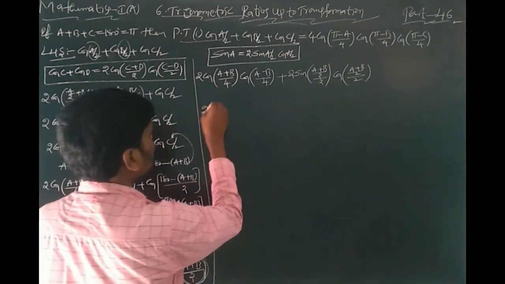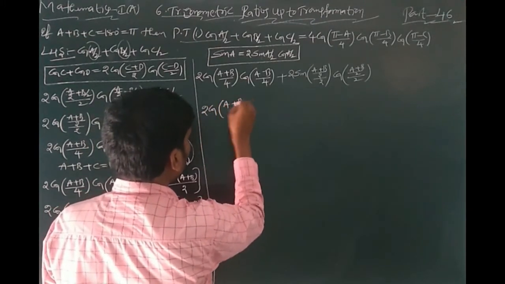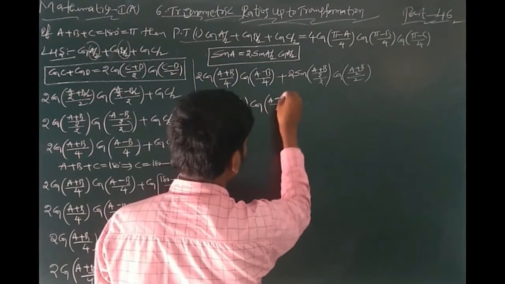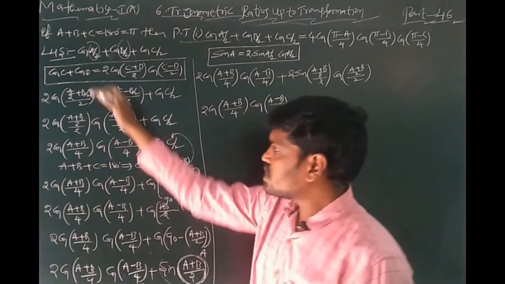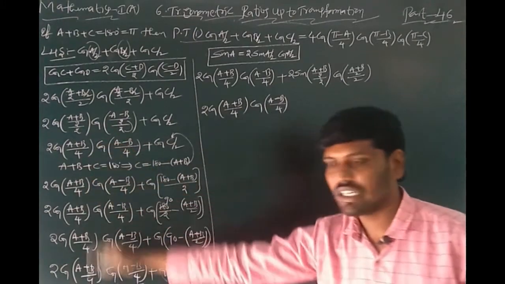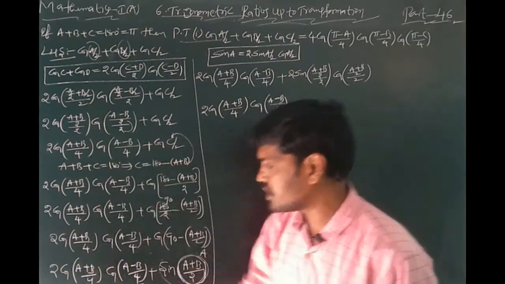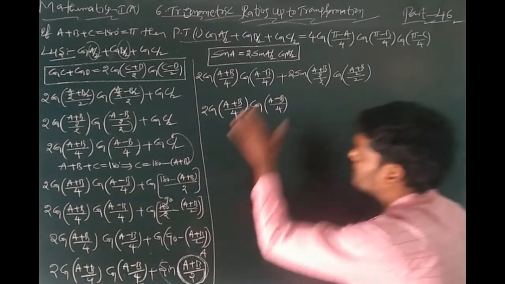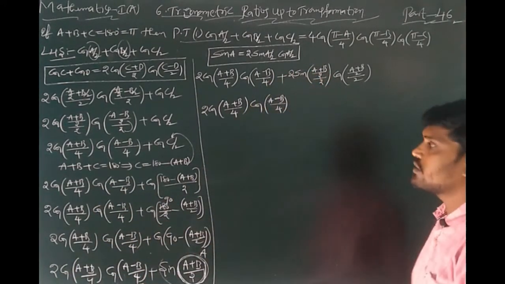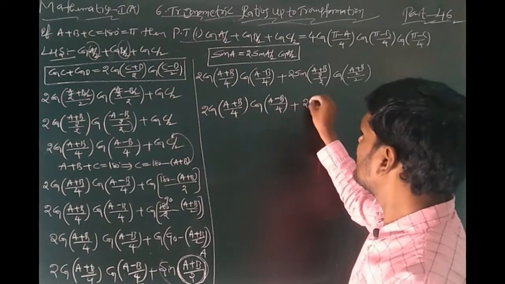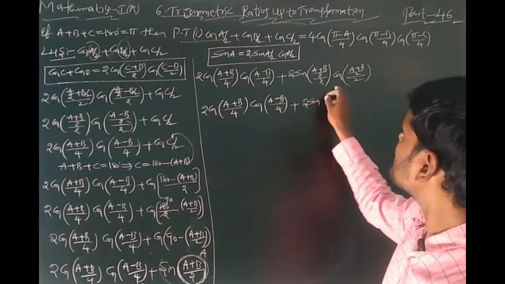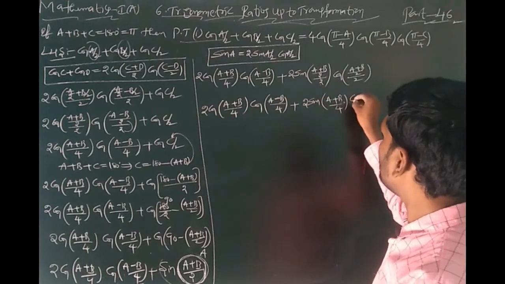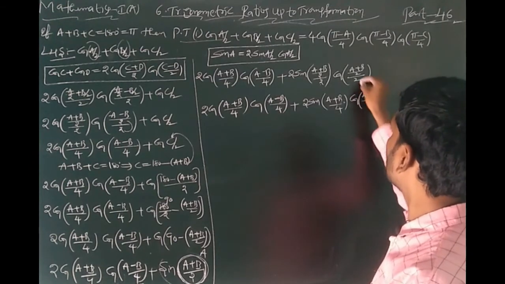After that, 2 cos a plus b by 4, cos of a minus b by 4. See students, observe that the first term you can write constant. That is nothing but similar. You can write first term. In this step onwards, you can change only the second term also. That's why you can write the first term is unchanged. 2 sin of a plus b by 2 to the 4 into cos of a plus b by 2 to the 4.